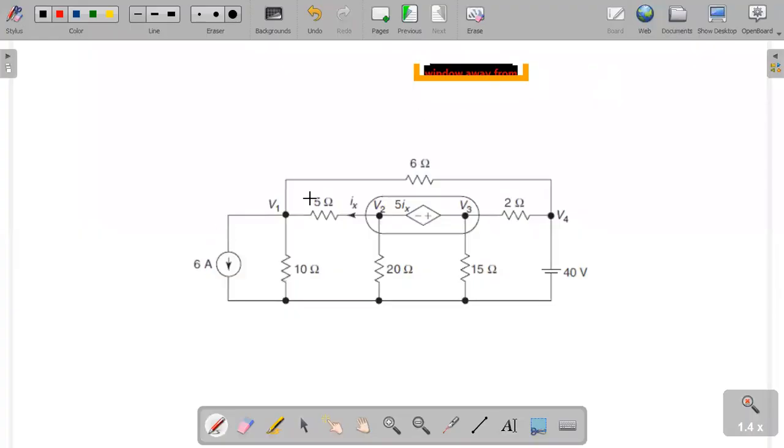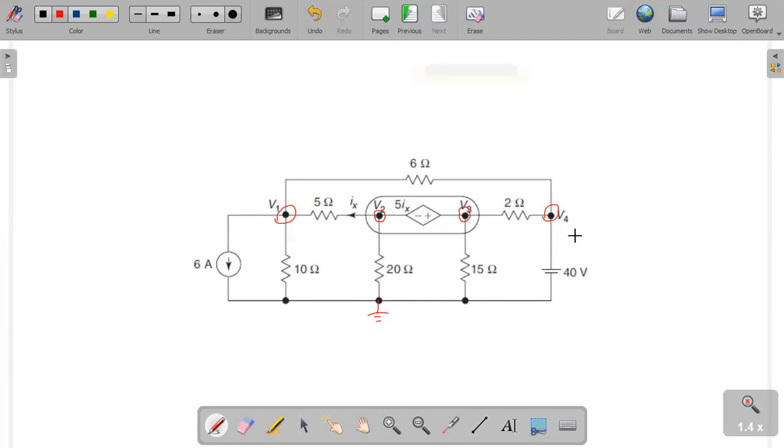So for this given circuit, it is asked to find out all the node voltages in this circuit. So let us try to apply the node analysis. First step is we will try to find out all the nodes. We have node 1 present over here. This is the second node, the third node, the fourth node, and this is the fifth node at the bottom, which we can consider as a reference node and we can connect it to the ground. Now, we have to find the values of all these four node voltages, that is V1, V2, V3, and V4.